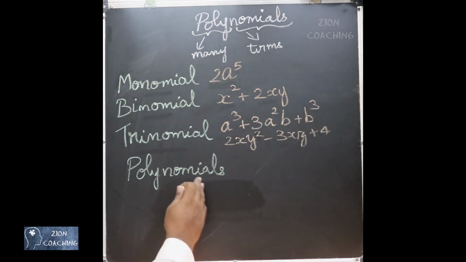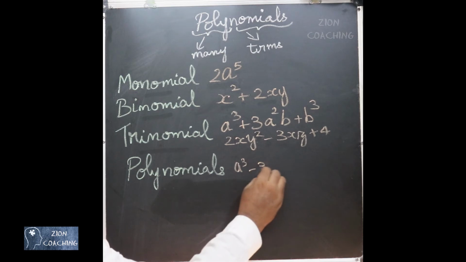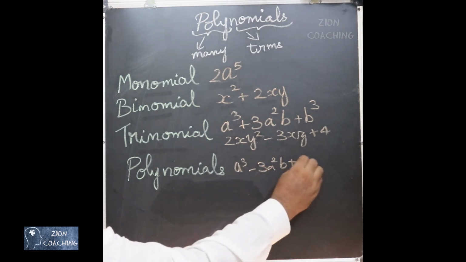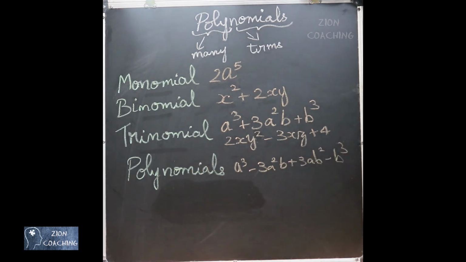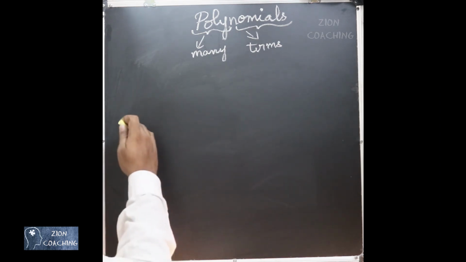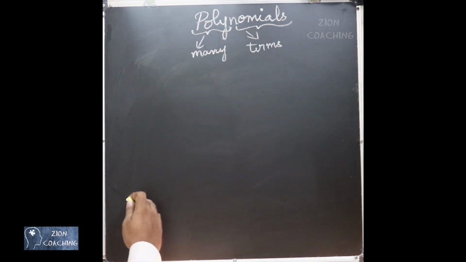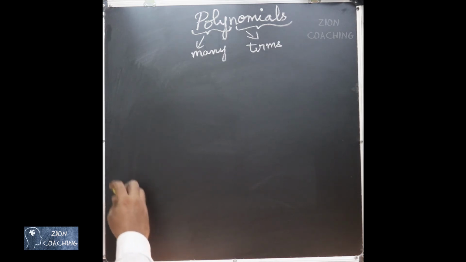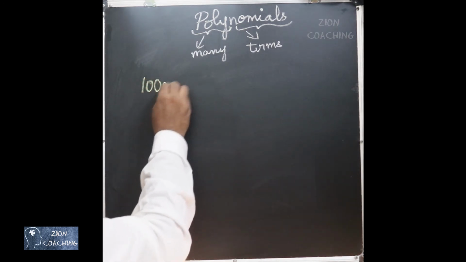In general, whatever be the number of terms, consider a cube minus 3a square b plus 3ab square minus b cube. Like this, any algebraic expression having many terms is called a polynomial. A polynomial can have any number of terms, but based on the degree, they are again given certain names. They are classified into certain types based on the degree. First I will explain what degree is. Consider this example, 100x squared y